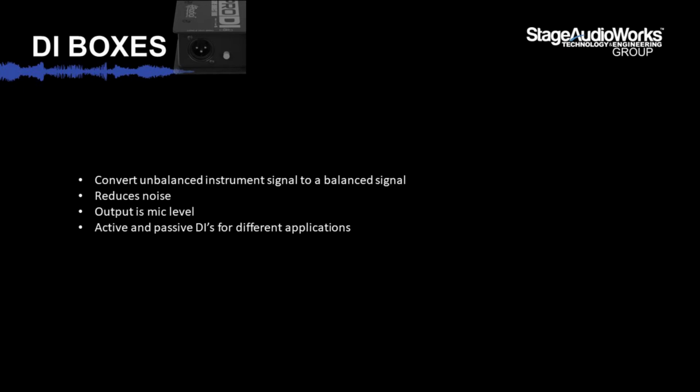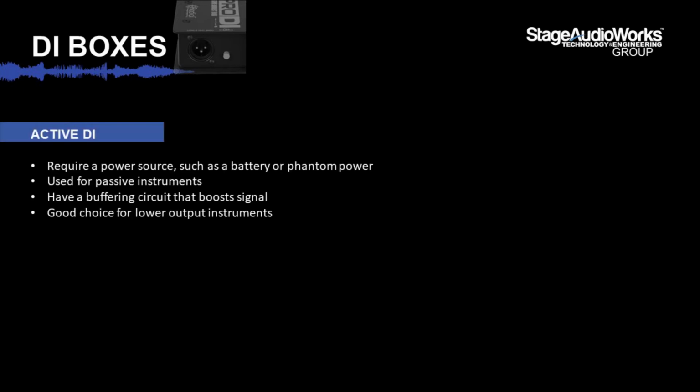So let's have a chat about active versus passive DIs. Active DIs require a power source. Again, you can use a battery or phantom power from the console. These are generally preferred when using a passive instrument, such as a passive bass. Active DIs employ a buffering circuit or a unity gain amplifier that boosts the signal going to the balanced XLR output. Because of this buffer, active DIs tend to have more reach